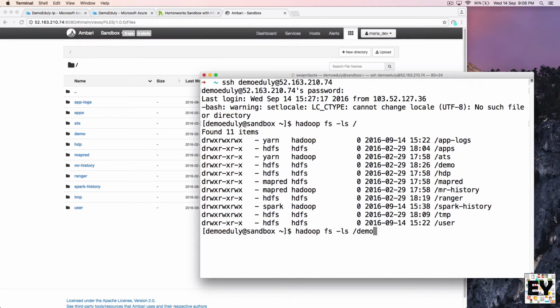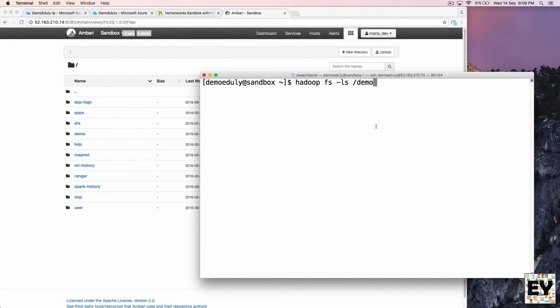Like in the demo, if I need to access particular files inside a demo, what you need to do is slash give a folder name. And if you need to clear your window, which I have done just right now, press Ctrl L. Okay, if I hit enter over here, and as you can see guys, it is only having a data folder.